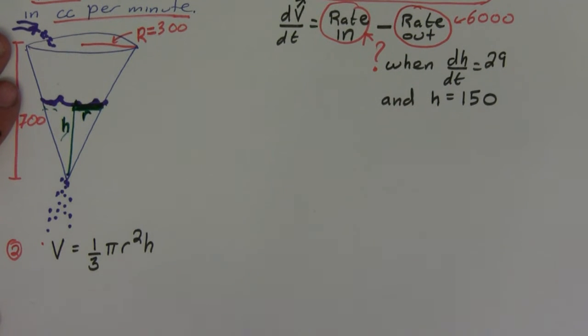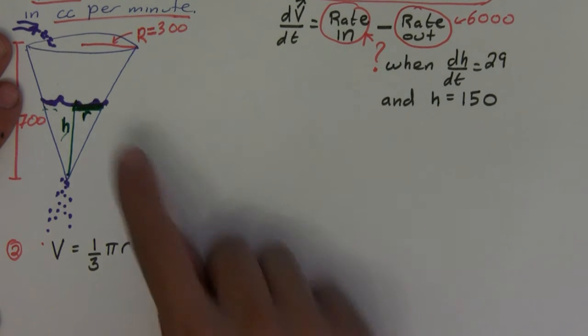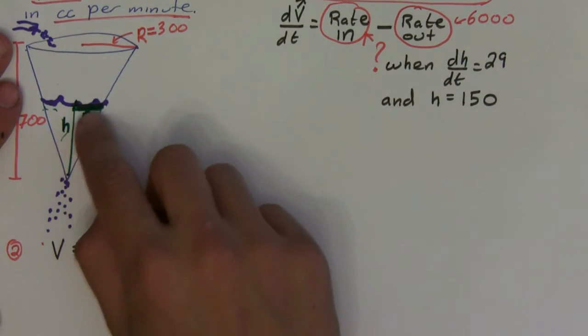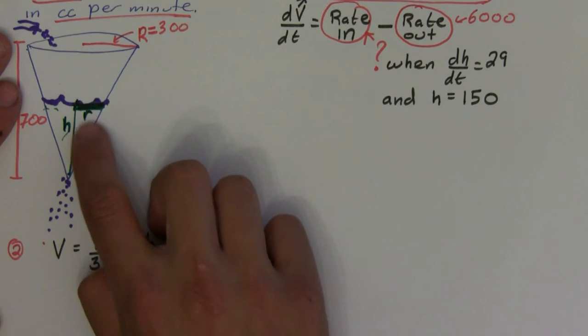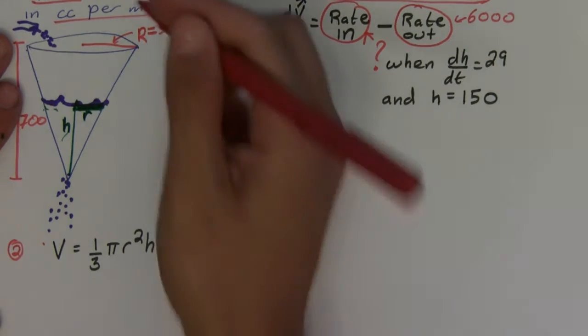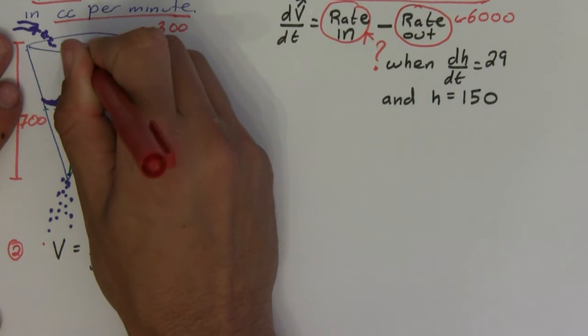Okay, so here we have a little situation. Notice that we have r and h. So if we get the derivative of both sides, the radius and the height are both functions of time, meaning that as time passes, both the height and the little radius inside of here are going to change. That means we have to use the product rule. But there's a little way around it using a little trick, and the little trick involves